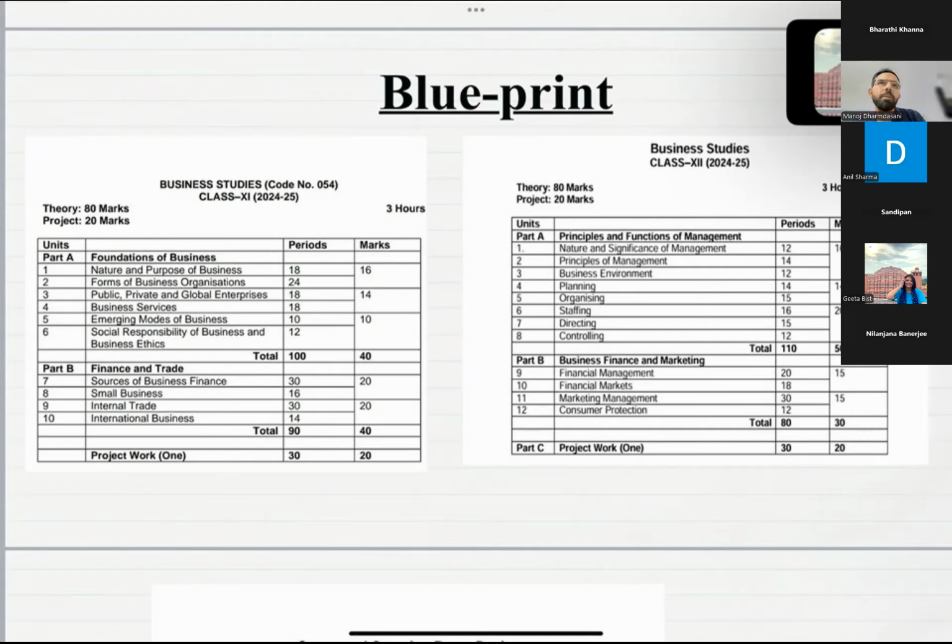When we teach these chapters to the student, we all are aware that marketing is a very lengthy chapter, and consumer protection in comparison is not so lengthy and not that difficult. So when the student asks, he used to ask us, sir, marketing will come for more marks, or is it more important to put more effort in this chapter, or what? What should we do? Being a teacher, we should not tell them that, beta, marketing is bigger, so it will come for the maximum marks, like 10 marks from marketing and 5 marks from consumer protection.